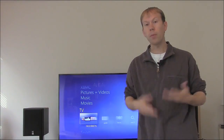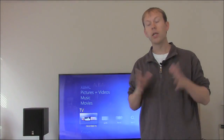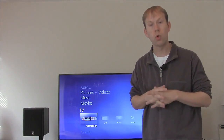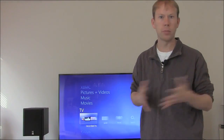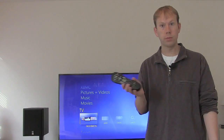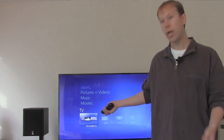Now, the first and probably easiest way, especially with this model of the Intel NUC, is to use a Media Center remote control, which will work for XBMC or Windows Media Center and lots of other media apps as well. So one thing that's really nice is once you install the driver package from Intel, which includes the driver for the IR receiver, your remote, once you get a Media Center compatible remote control, your remote control is ready to go. Just aim it at the NUC,